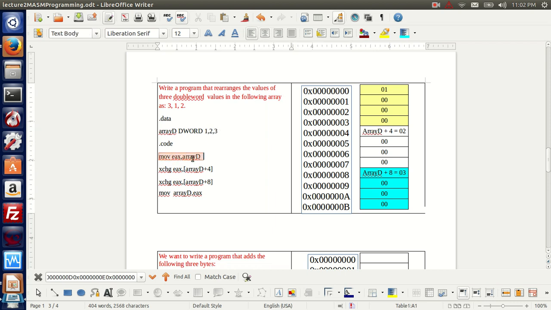Here's the code. I'm moving array D, which is the first element, to EAX. So now EAX has what? 1 in it. And here I'm exchanging what? Array D plus 4. This one. Element 2, with the accumulator. So here the accumulator will be equal to 2,